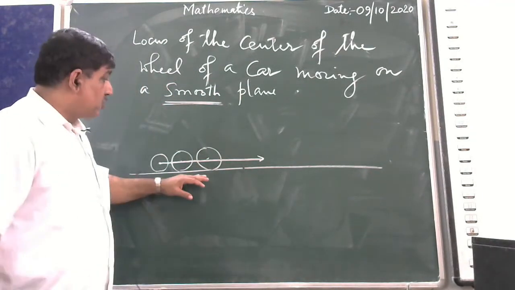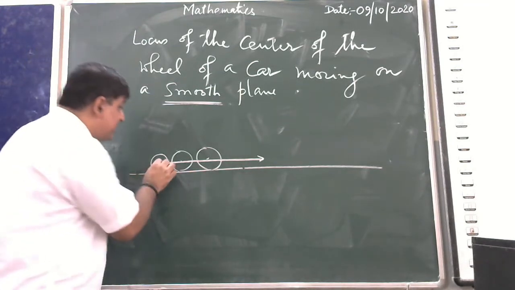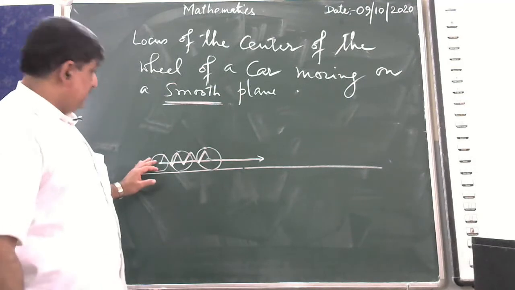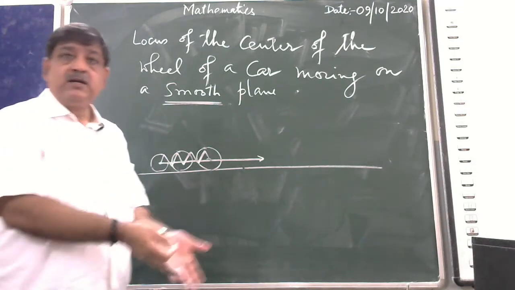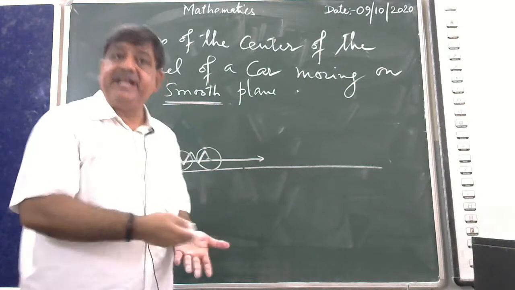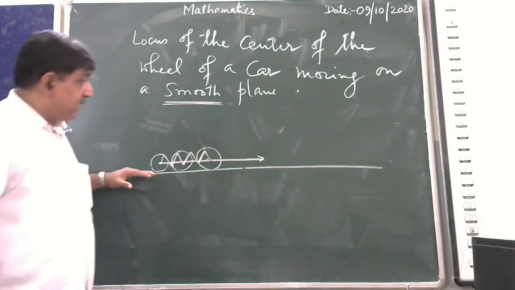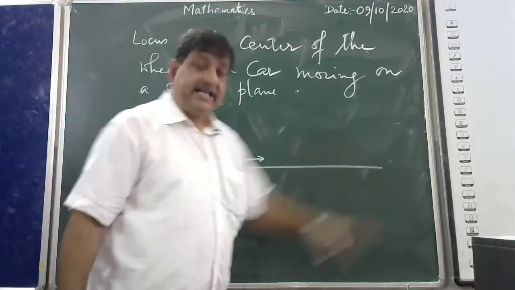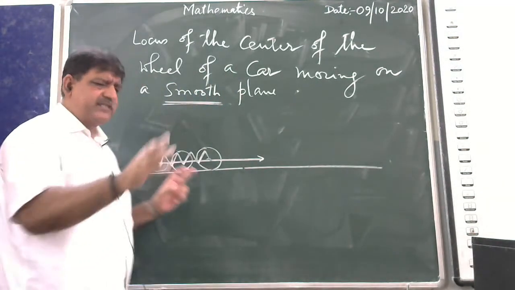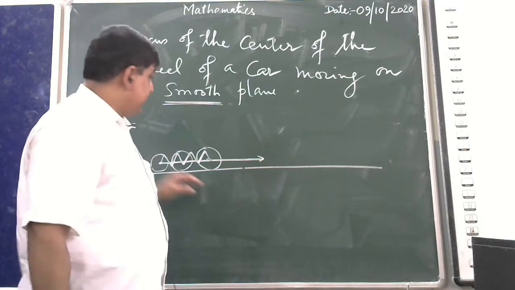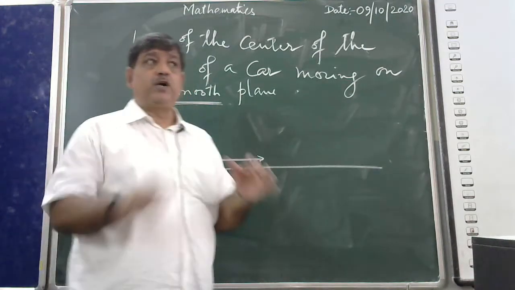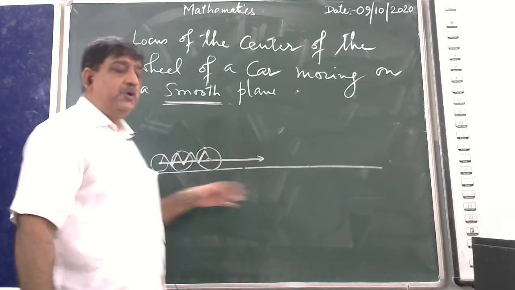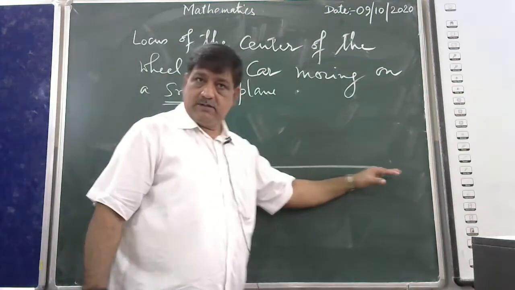If the plane is not smooth, you will get a zigzag curve, because the wheel must go up and down during its motion. So if the plane is smooth, then the center of any wheel will move on a line. So what locus will you get? The locus is nothing but a straight line which is parallel to the plane,